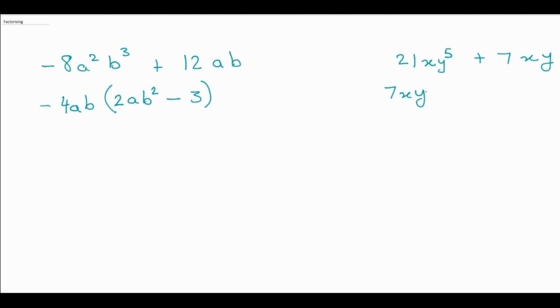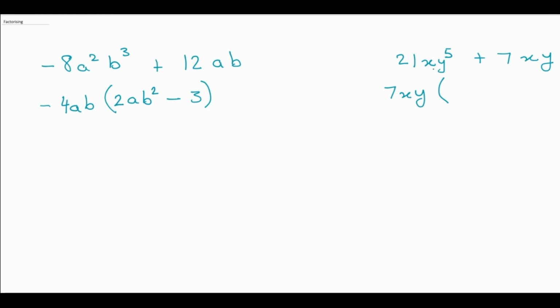And 7xy is our highest common factor between both of these terms. Given that we know what the highest common factor is now, we can put in our open bracket and fill that bracket in. So 7xy times what will give us